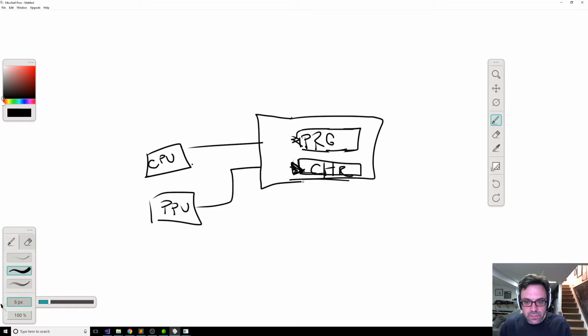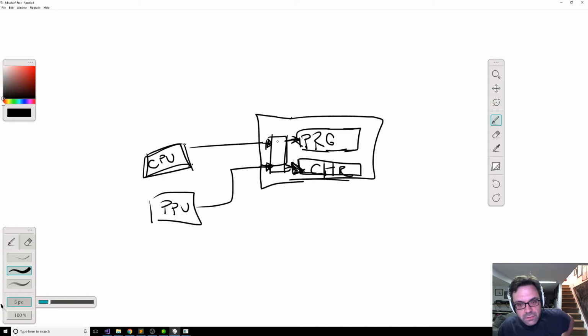It sits on the cartridge, and it intercepts essentially the requests from the CPU and the PPU on the pins that are coming in to the cartridge, and passes the data along from the prog-ROM and the char-ROM. But it also can listen in on a few special writes that you can do in memory on the CPU side,